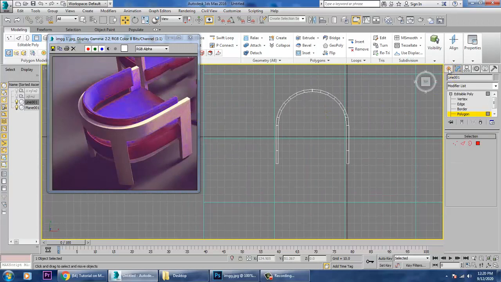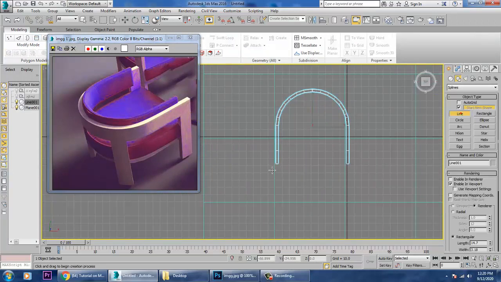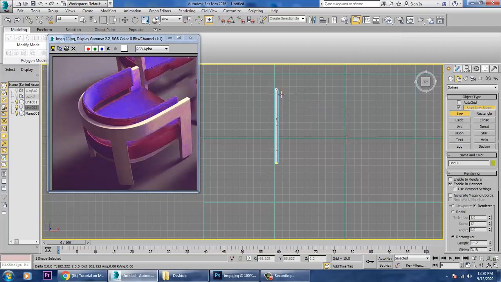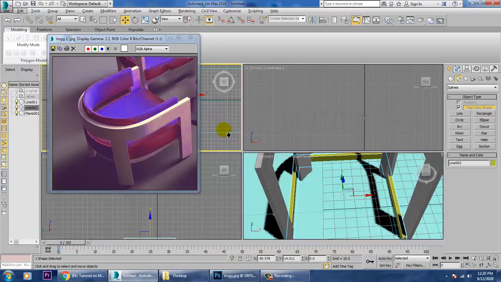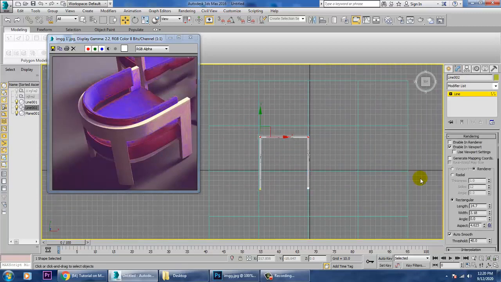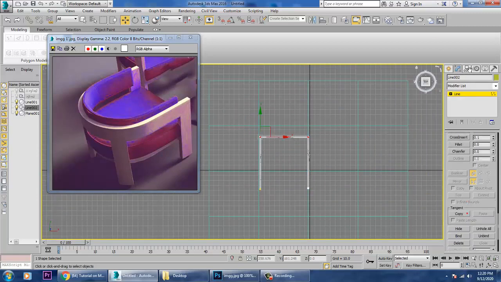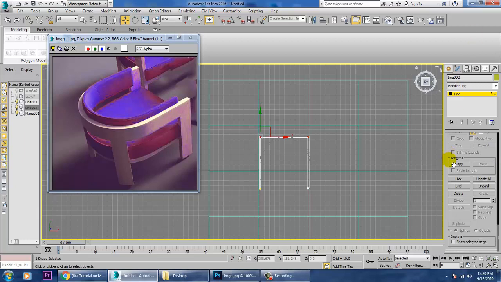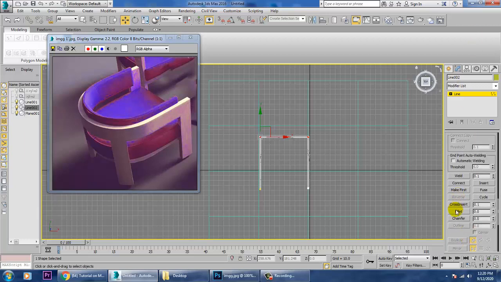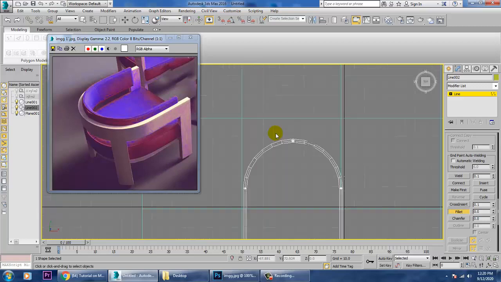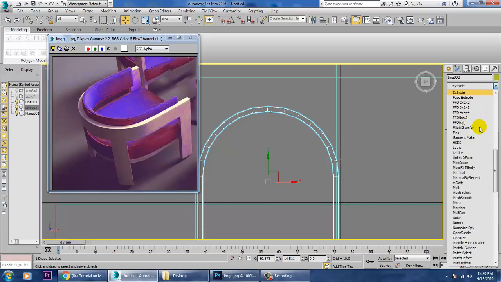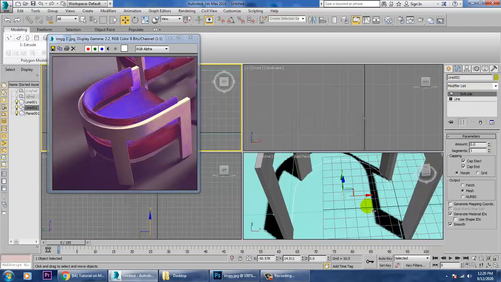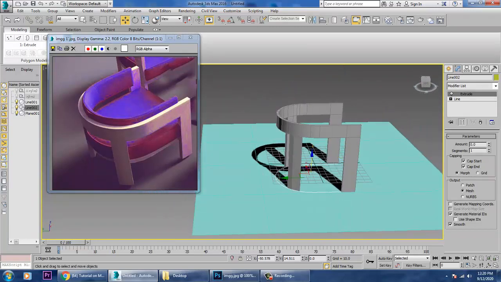Let's take again a line over here. Let's again take a line over here. So let's select these vertices and let's again give a fillet on it. So now we'll go into the modifier and let's give an extrude modifier and increase its size.